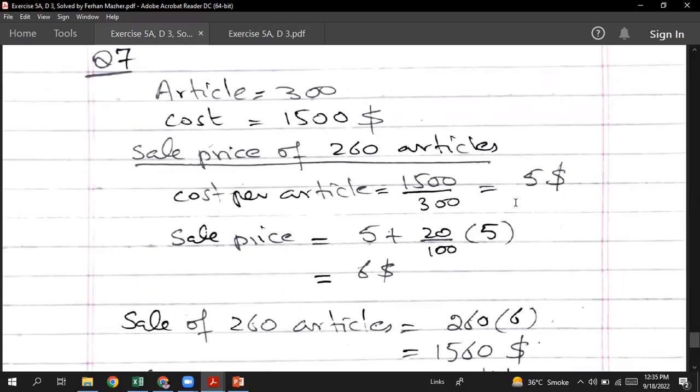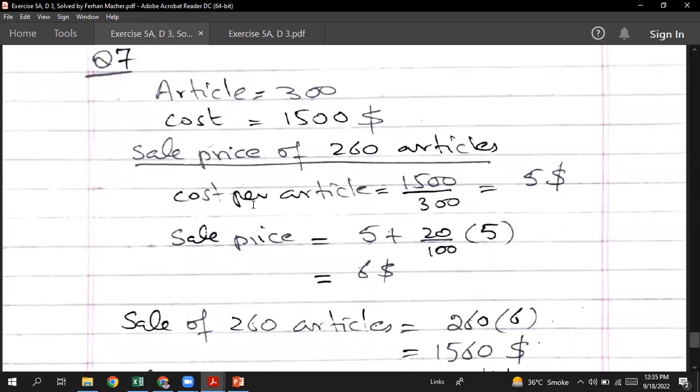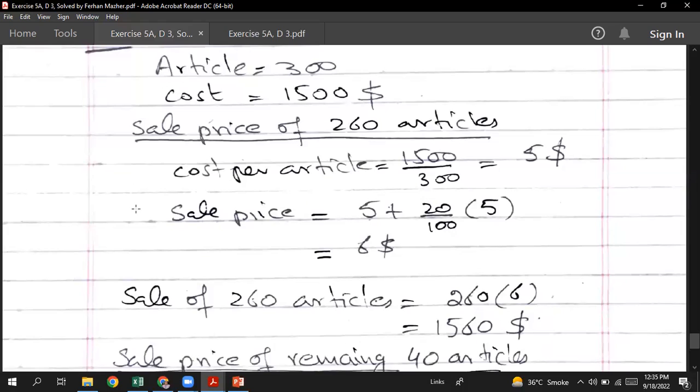The revenue they will get from selling 260 articles will be 260 multiplied by $6, and that will be $1,560. So there were a total of 300 articles. 260 articles were sold at a price of $6 each, and you have earned $1,560. The remaining 40 articles, because there were a total of 300 articles and 260 you have already sold,